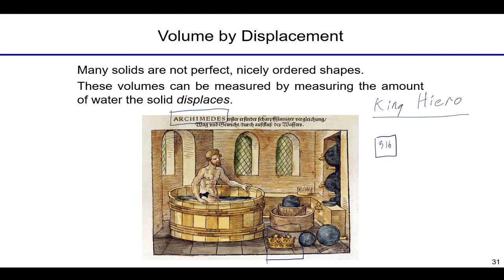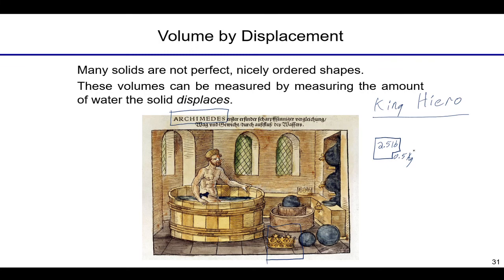And the whispers suggested that the goldsmith substituted some of this gold. So while it had some gold in it, he took a chunk out of it and kept it for his own profits and substituted in some other metal. So now instead of being 3 pounds of gold, maybe it was like 2.5 pounds of gold and a half pound of something else, maybe silver, something cheaper. So that was sort of the hearsay.